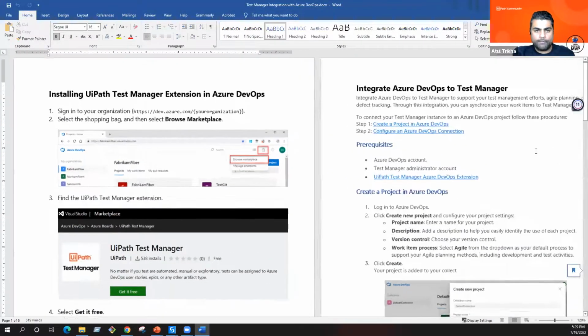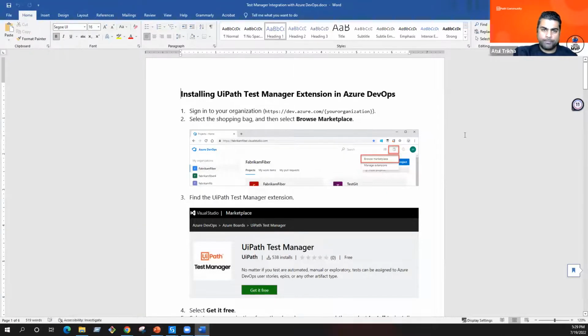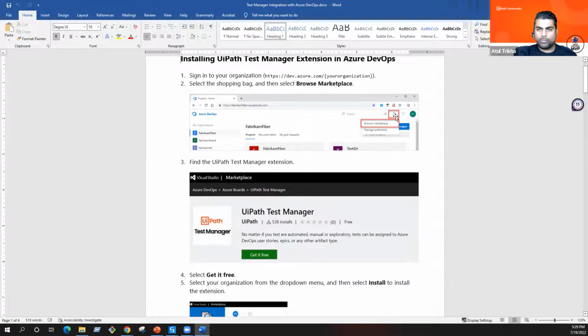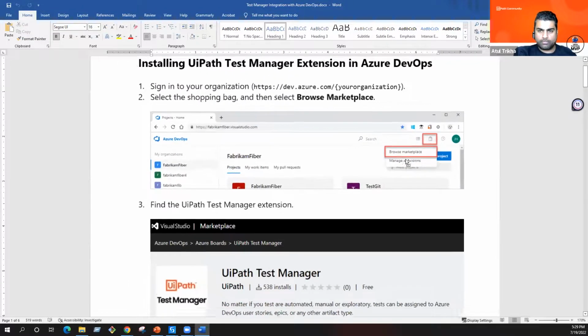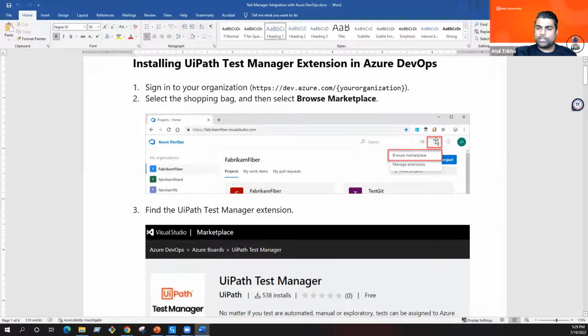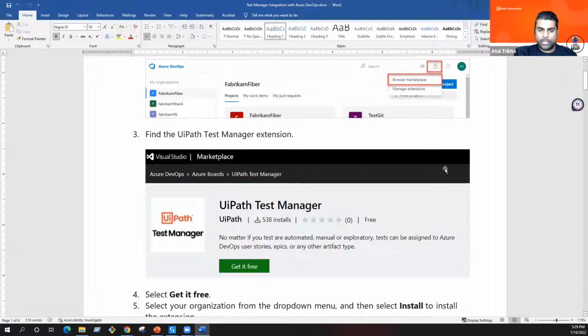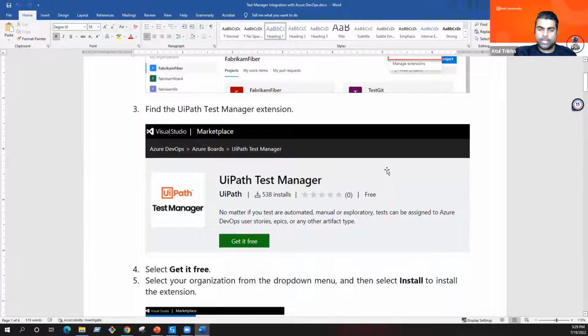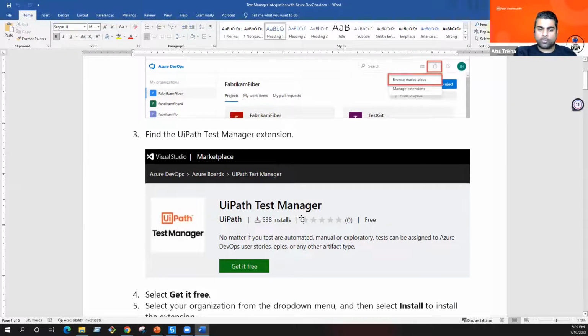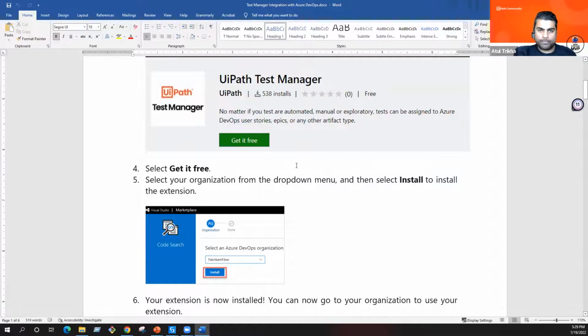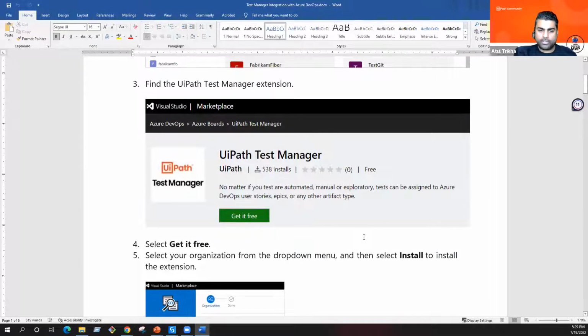So here, the very first step you need to do in order to integrate is go through all the steps in this document. The first step, when you have already signed into your Azure DevOps account, is to click on browse. Let me increase the font here. You will go to the Azure marketplace, and in this marketplace you need to search for UiPath. It will give you 2 options. One is the UiPath Test Manager, and the other, I believe, is called UiPath Integration. UiPath Integration is required for CI/CD, and the UiPath Test Manager is required for the integration with our Test Manager. So next, in the Test Manager, select the tool, click on Get It Free,